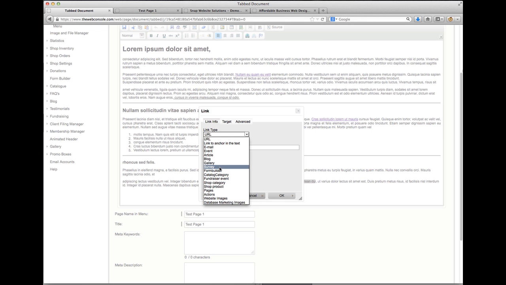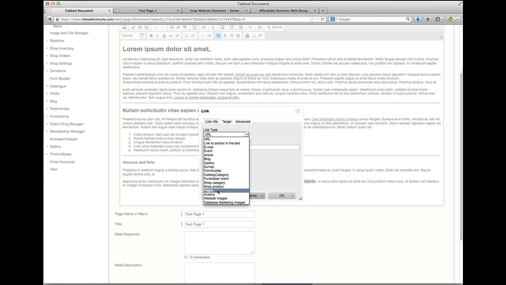You can link to surveys, part of the database marketing. You can link to the form builder, which is a separate tool. You can link to a catalogue category if you have the catalogue enabled. Fundraiser event if you have fundraising enabled. Shop category and shop products, these are both part of the shopping cart